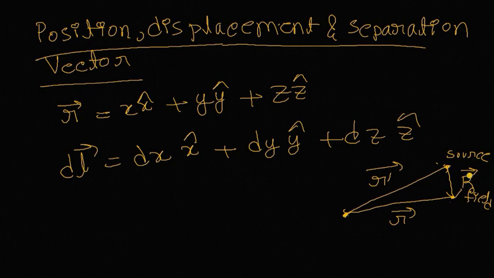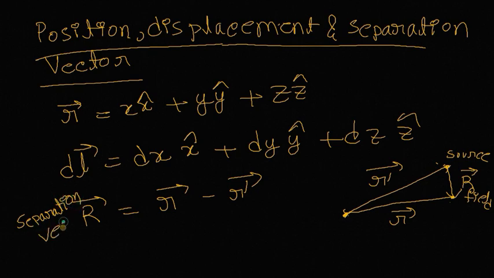So this vector is denoted by small r vector minus r dash vector, and this is separation vector. So the magnitude of this separation vector is denoted by the magnitude of r vector minus r dash vector,